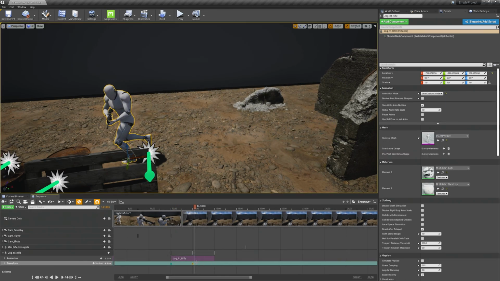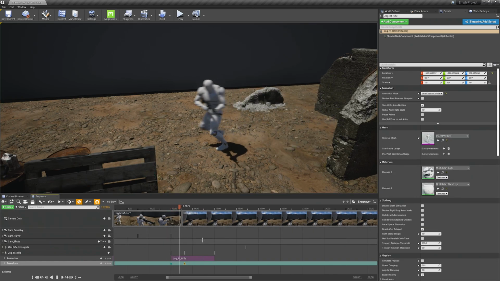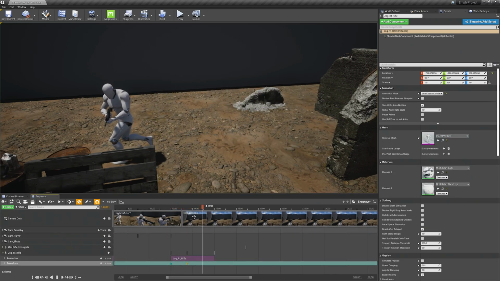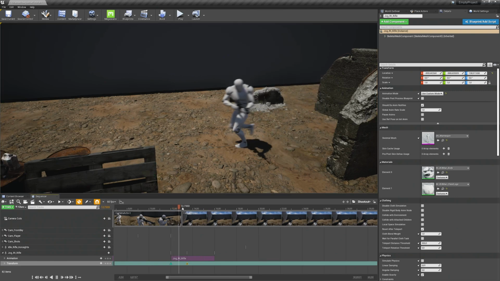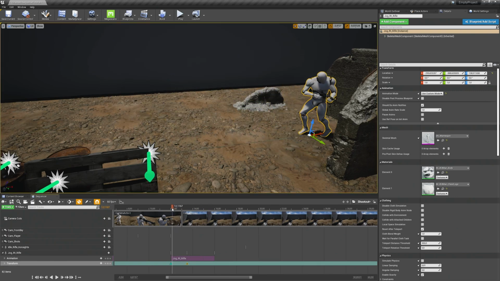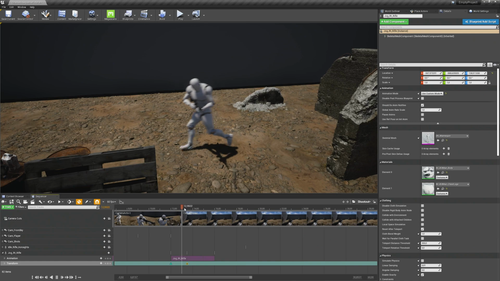I think we need to move it still a bit further, let's say 1325. Maybe it's too fast. Yeah, it's too fast now. Move it back. I think this looks good.